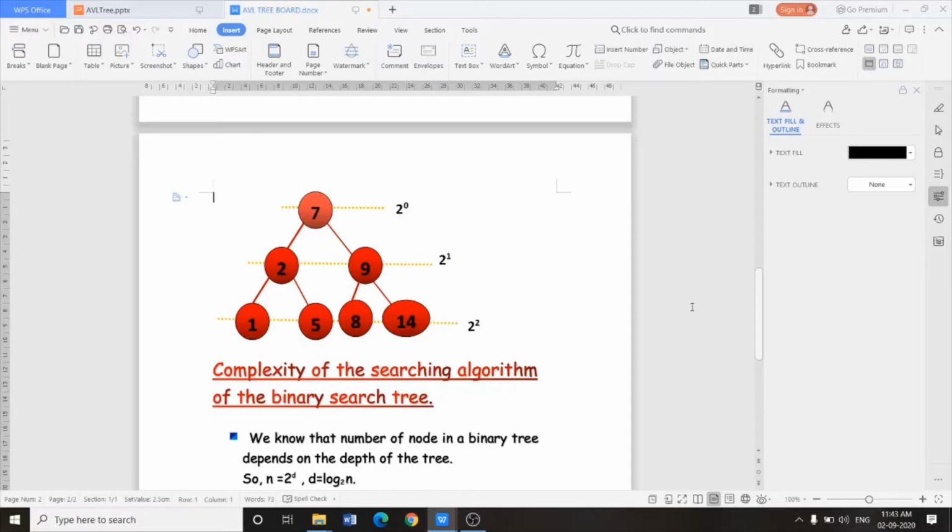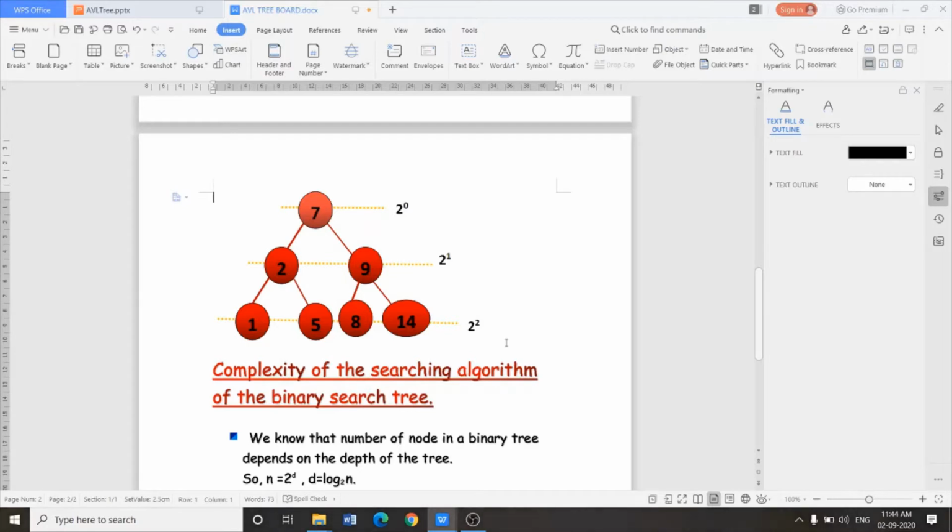In a binary search tree, searching is very efficient. So when we search, say, 5, we only search the left subtree because 5 is less than 7. So we can ignore the right subtree. That is, we can ignore half the values of the tree because the maximum value of the level is 3. See here the levels are 1, 2, 3. So the maximum number of comparisons is 3.